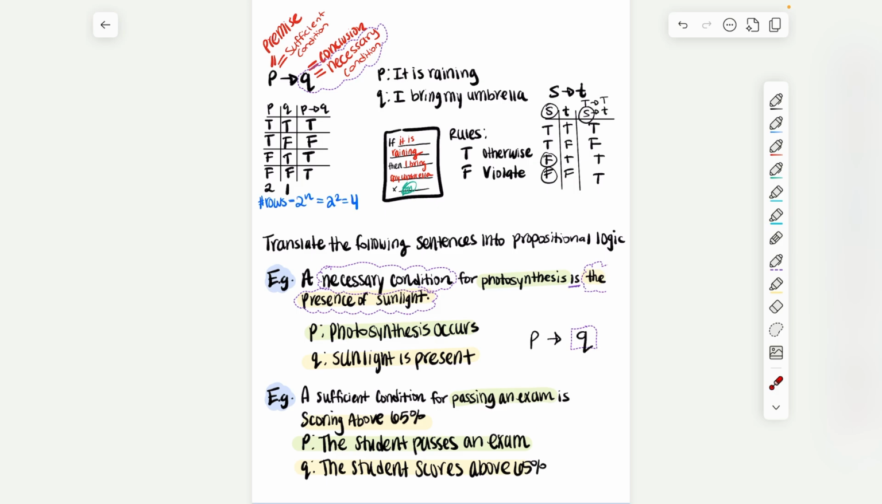Now, how do I translate that into propositional logic? Well, again, I see sufficient conditions, so I know it's going to be some sort of implication. But then the question is, does P go here and Q here, or does Q go here and P here? Well, it tells you that the sufficient condition, which is the first thing before the implication, and by thing I mean proposition, is scoring above 65%. And that's this proposition Q. So what goes in the box before the implication is Q, and then whatever's left, which is P, goes after